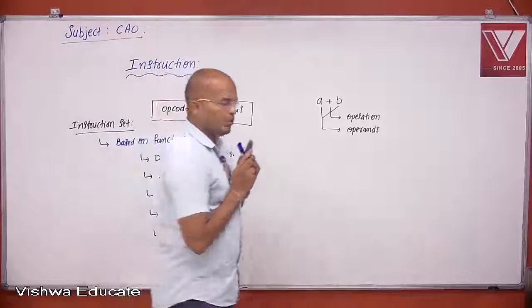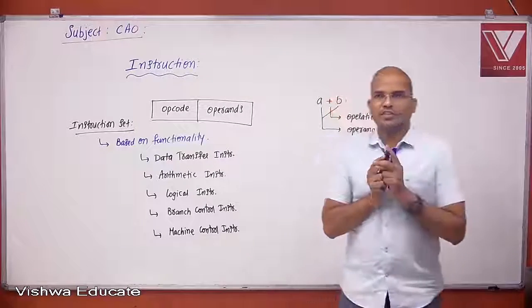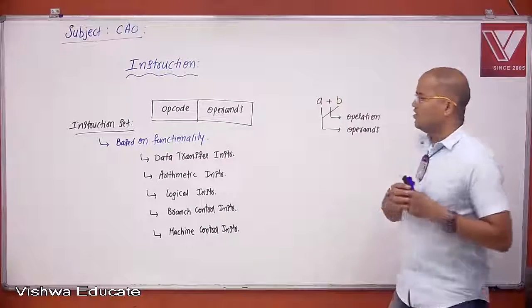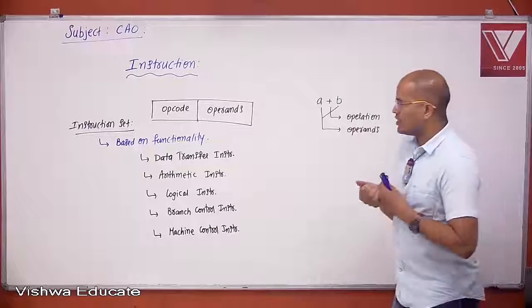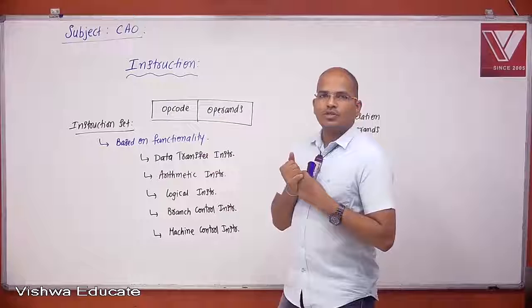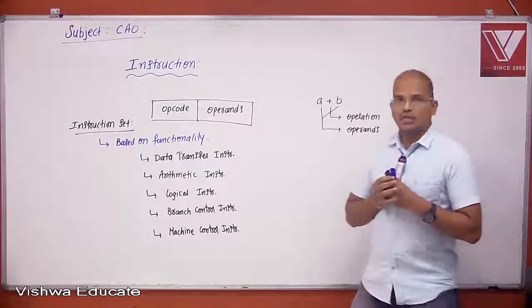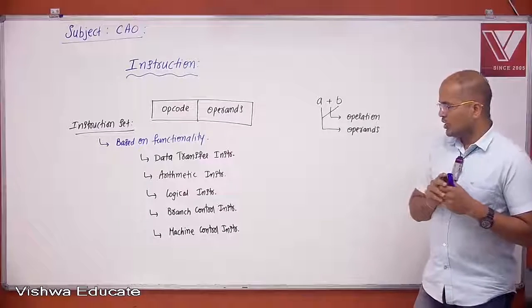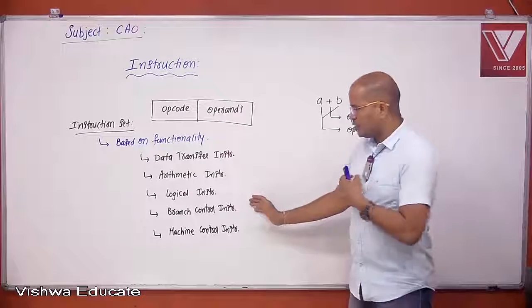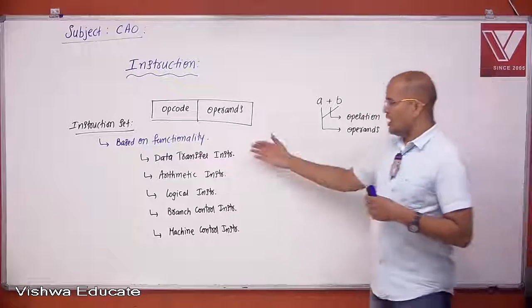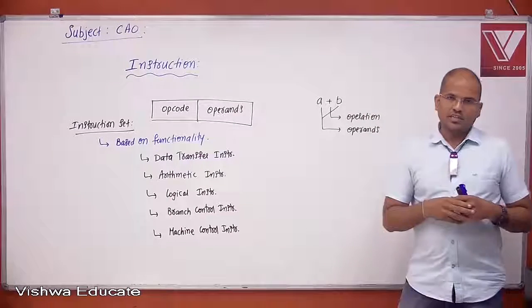We speak about the instruction classification based on functionality in these five categories. First one is data transfer instructions. Second one is arithmetic instructions. Third one is logical instructions. Fourth one is branch control. Fifth is machine control instructions. We have these five categories. Is that fine? Now,